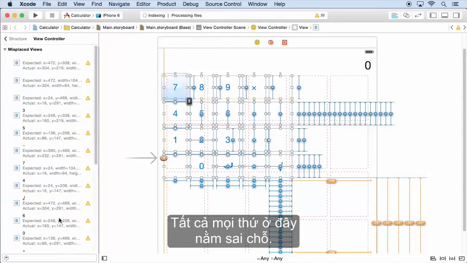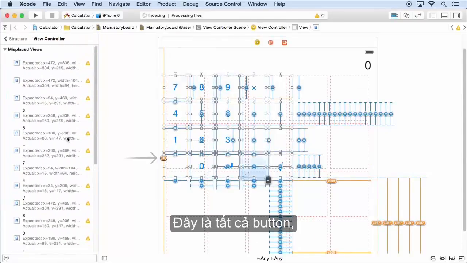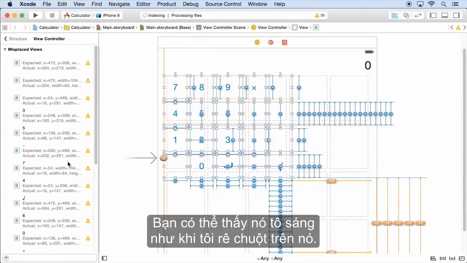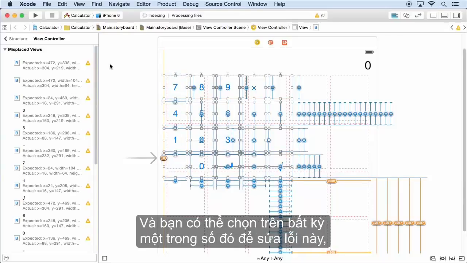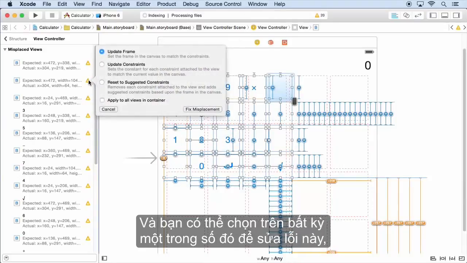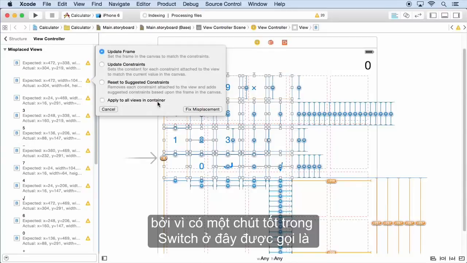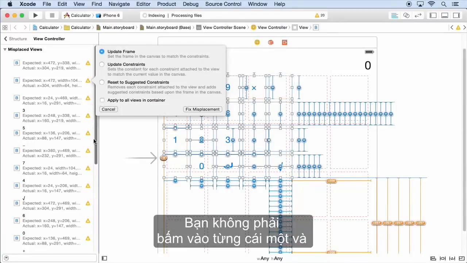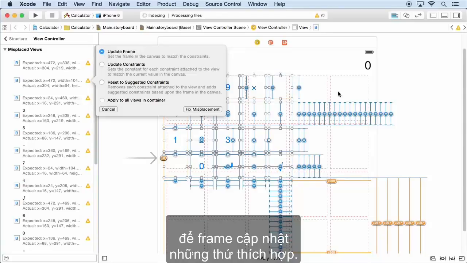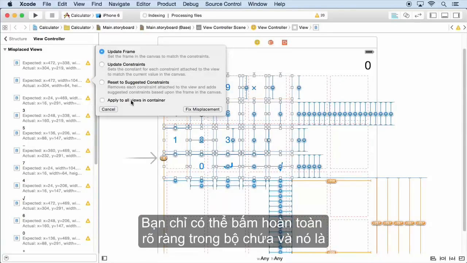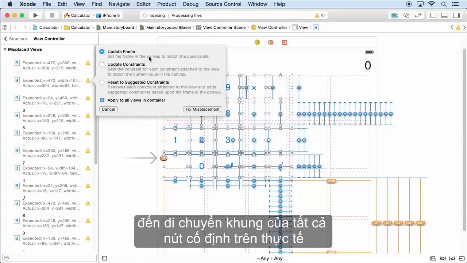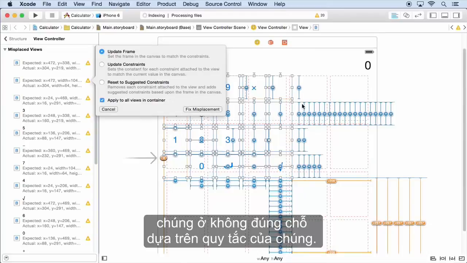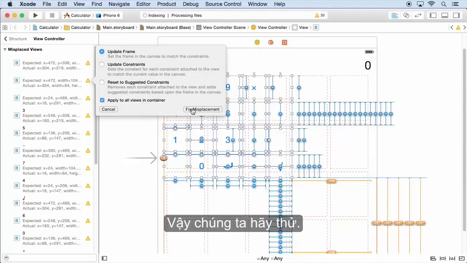We click the yellow. Here are all the things that are in the wrong place. This is all the buttons. You can see they highlight as I mouse over them. And you can really pick on any one of them to fix this, because there's a nice little switch here called Apply to All Views and Containers. You don't have to click on each one and have its frame update to the proper thing. You can just click apply to all views in container, and it's going to move the frame of all the buttons to fix the fact that they're in the wrong place based on their rules. So let's try that. I'm going to hit